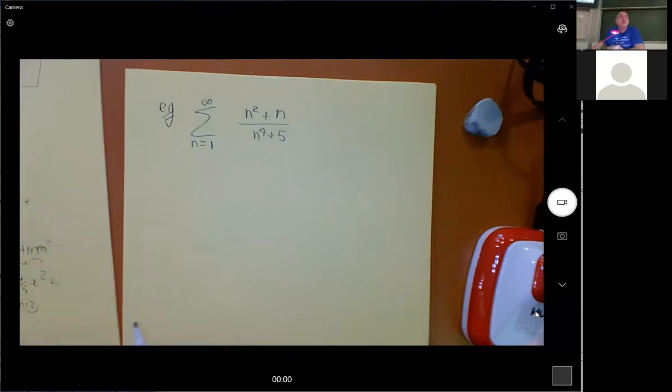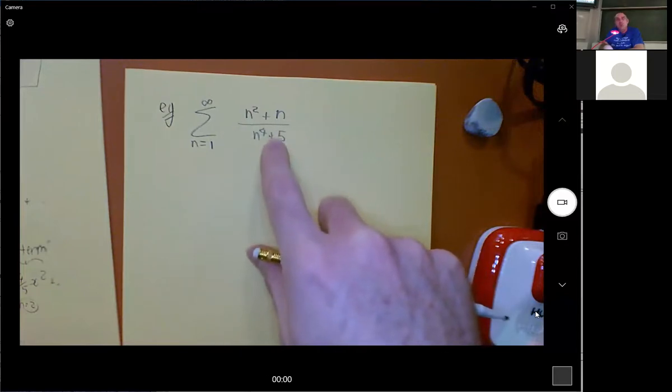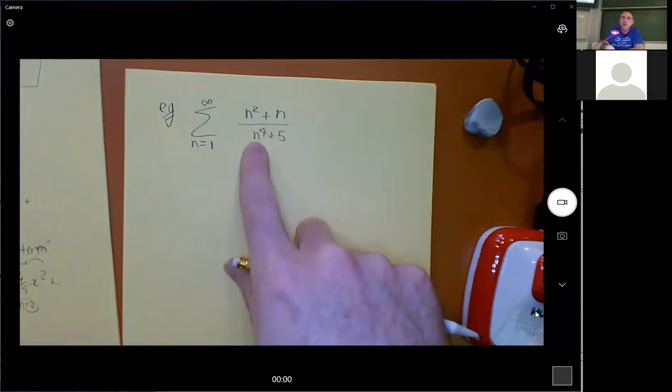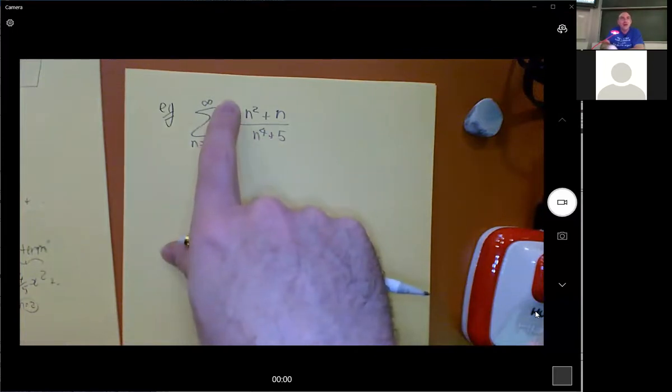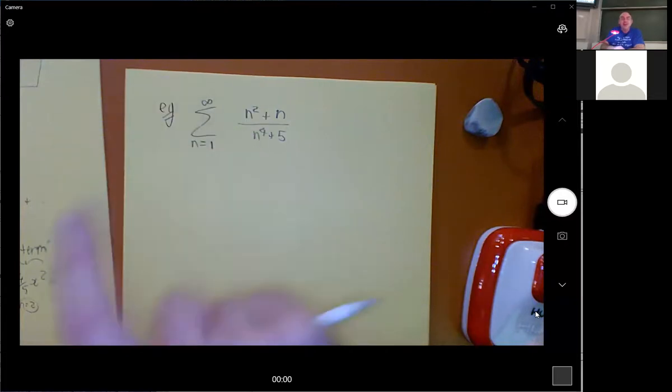But just so you know, if it is a rational function like this, and the bottom polynomial has a power that is more than one more than the top power, at least one, it could be 1.5, it doesn't matter, then the series will converge. Okay, so if I do the ratio test on this,